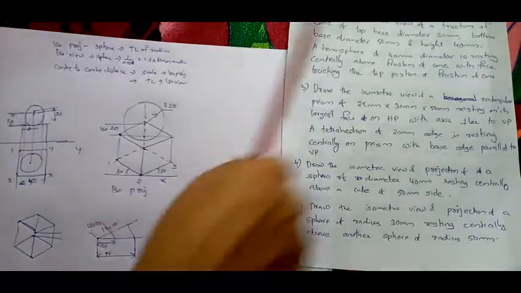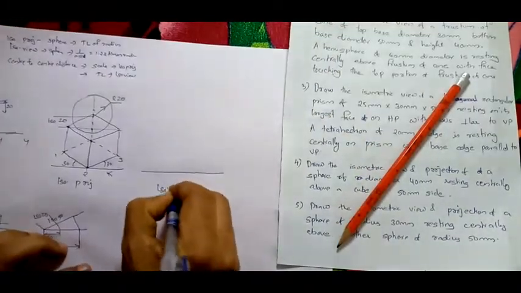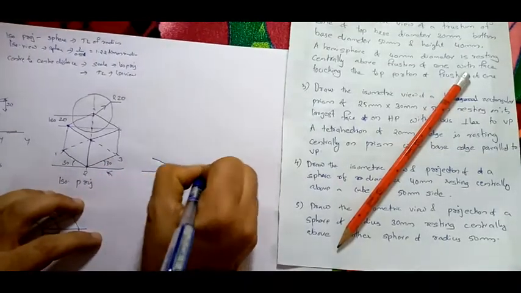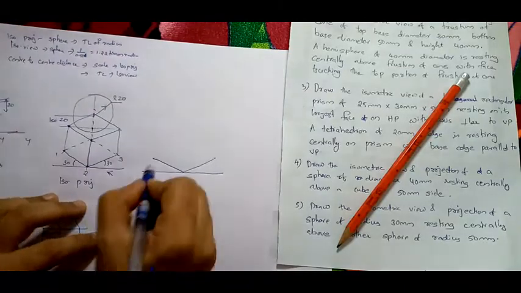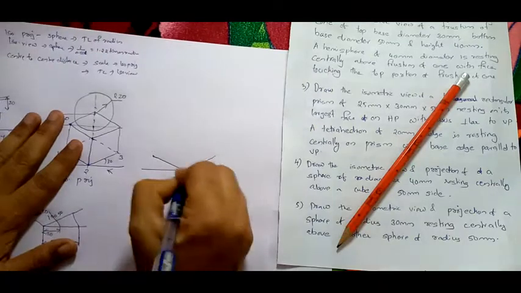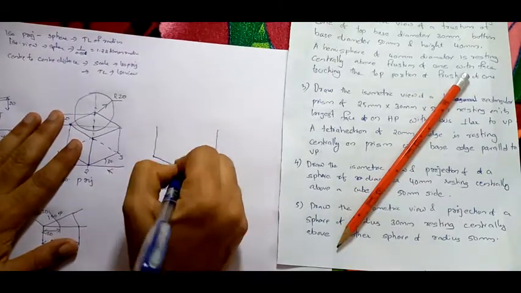Now next I am going to draw the isometric view. Isometric view means similarly the center here, similarly you can start 30 degree. This square you can draw. Only difference is here you are taking true length, right? Here you have to draw taking true length, not using the scale. Taking true length, here 50 mm is taken upwards, 50 mm is taken upwards. Now from here I drew the perpendicular.